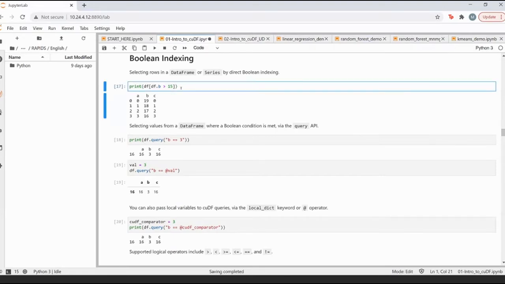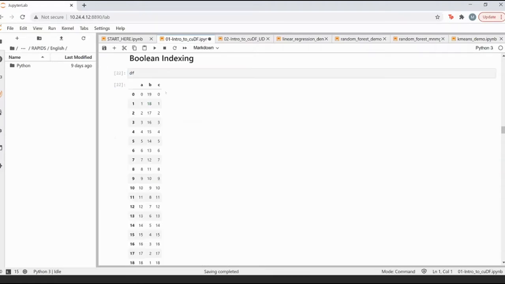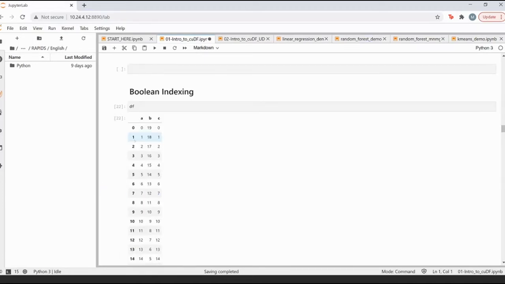You could also have Boolean indexing as well. That means in my particular data frame, let me print this, in this entire data frame I only want rows whose values are greater than a particular value.